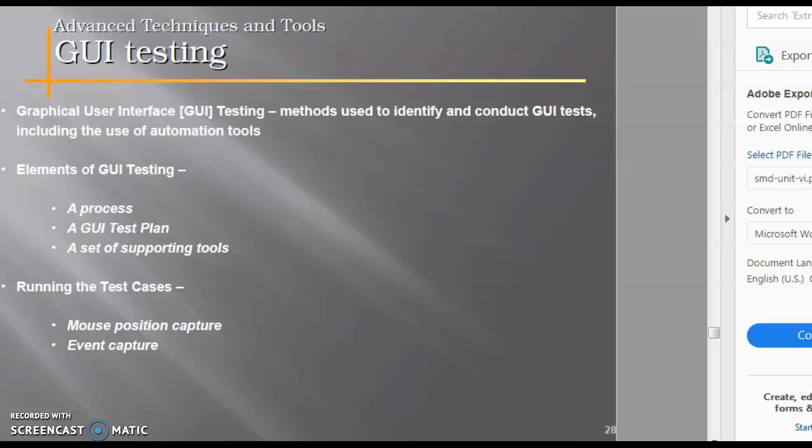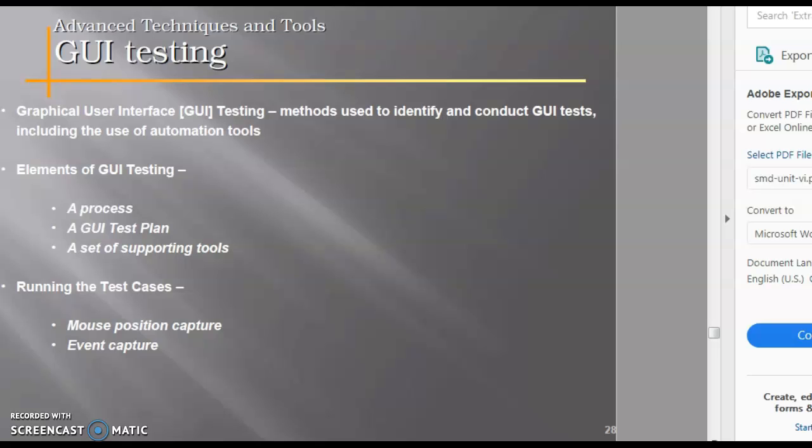GUI testing is nothing but testing the graphical user interface. It is very challenging because a GUI consists of many reusable components. So this actually increases the complexity of the GUI and leads to more difficulty in design and execution of test cases. So these are the elements primarily used for GUI testing.